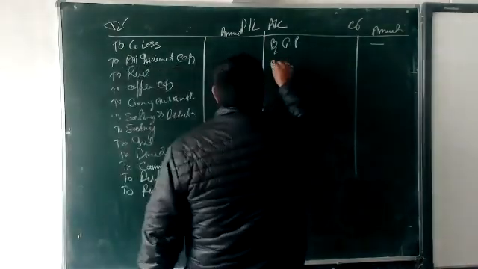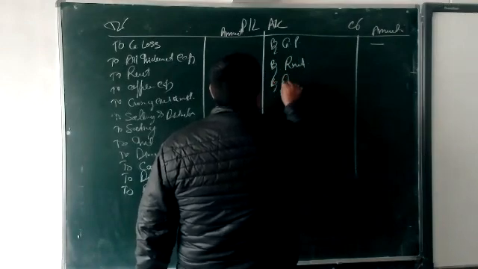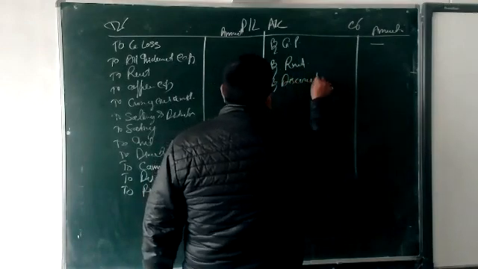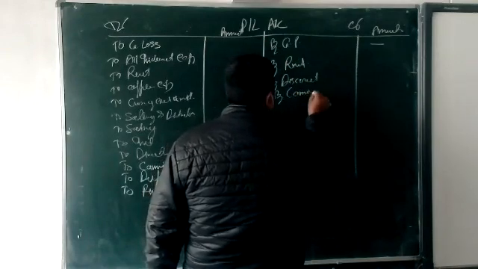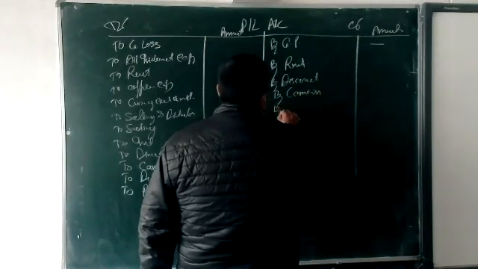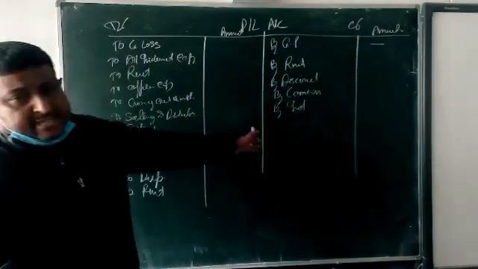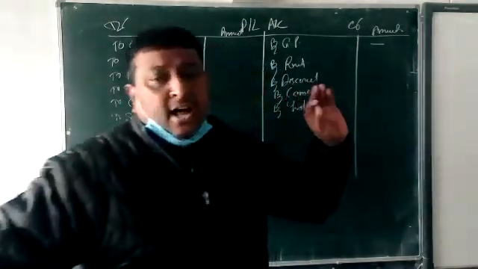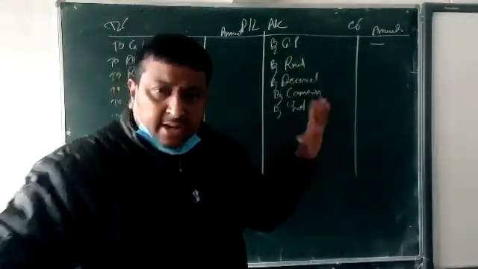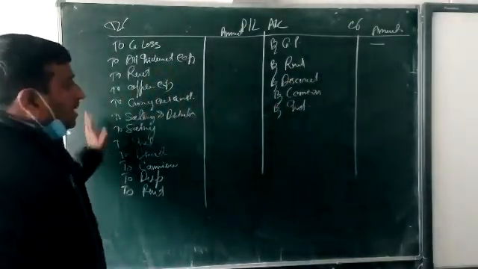If we are receiving, we put it on this side. If we are receiving rent, this side. If we are receiving discount, this side. If commission, we are putting this side. If we are receiving interest, this side. Because on this side we put all the income. Okay, beta? This side we are going to put all the income. Okay, beta? Clear? All income is put on this side, all expenses are put on this side.